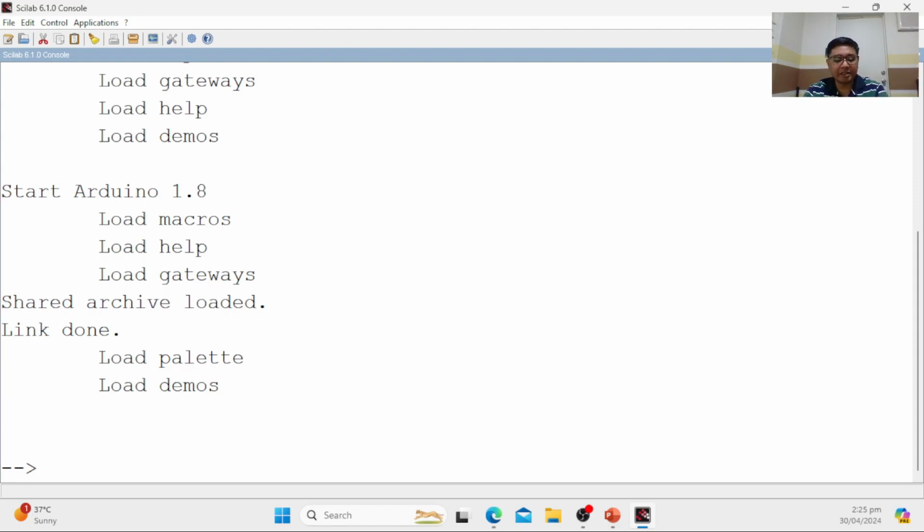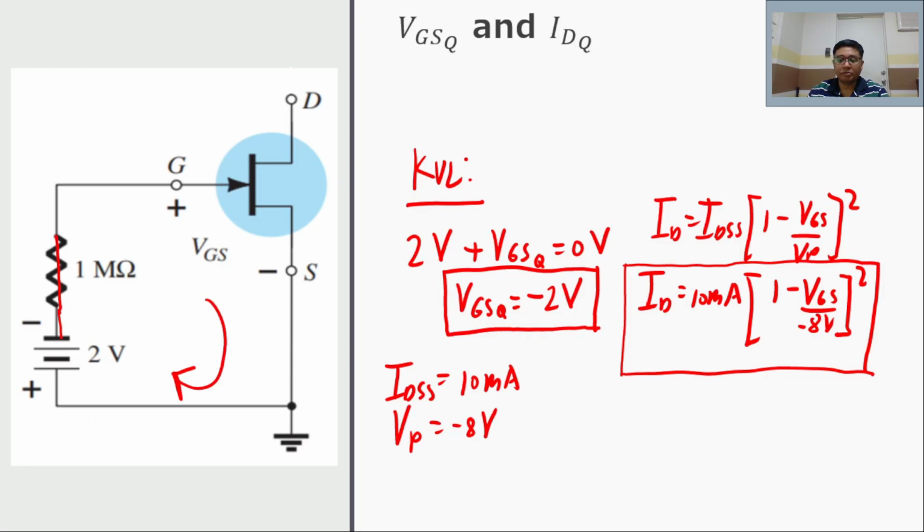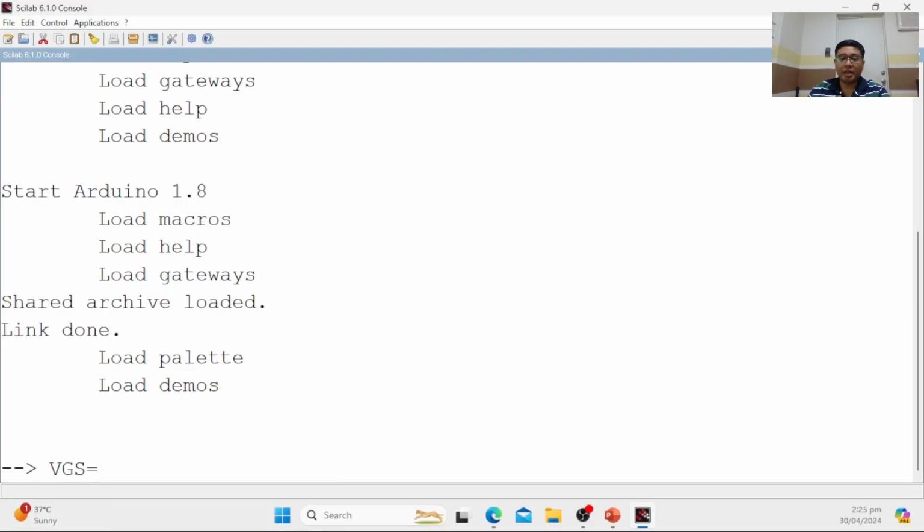So first, let us define the range of VGS. I'm going to type VGS. This is our variable for VGS. The starting value for VGS is -8 volts. Type -8.